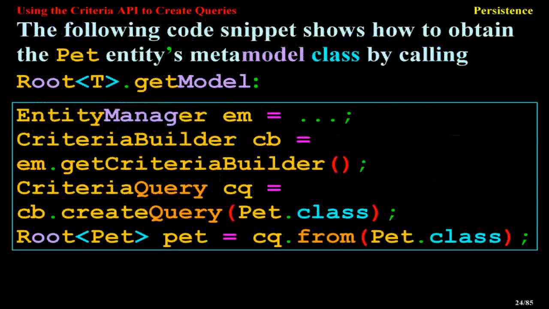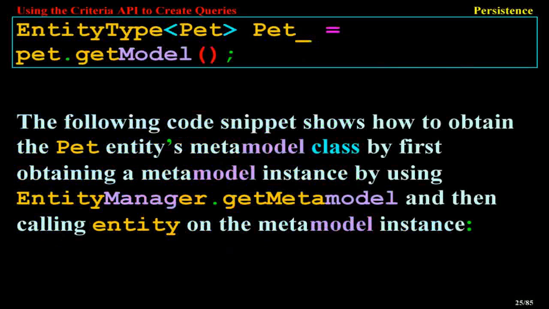The following code snippet shows how to obtain the Pet entity's metamodel class by calling root.getModel. EntityManager m; CriteriaBuilder cb = m.getCriteriaBuilder(); CriteriaQuery<Pet> cq = cb.createQuery(Pet.class); Root<Pet> pet = cq.from(Pet.class); EntityType<Pet> Pet_ = pet.getModel();